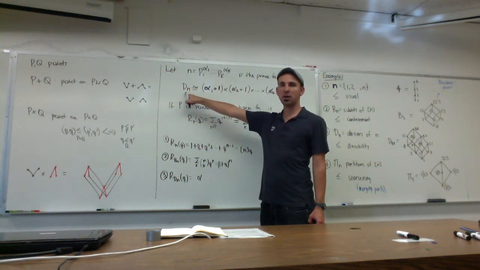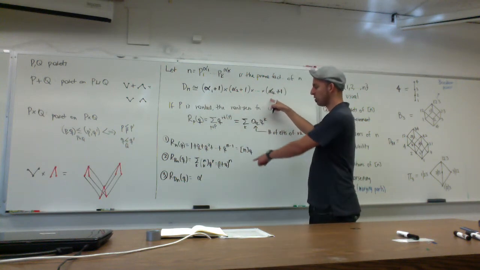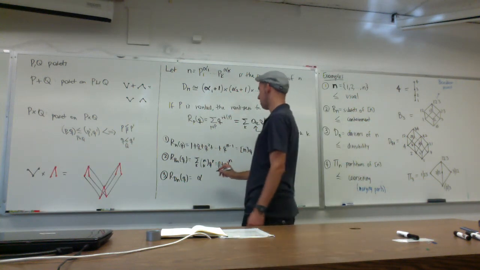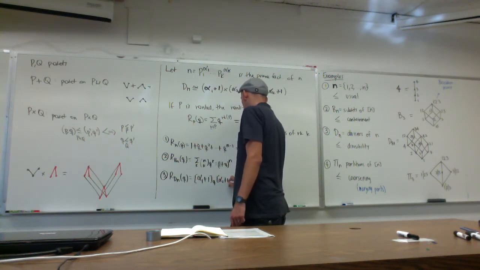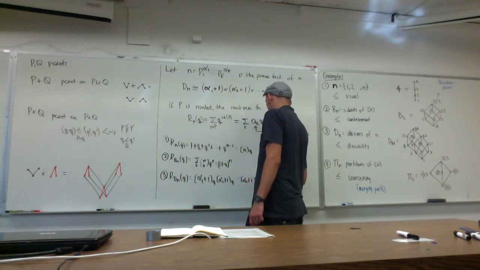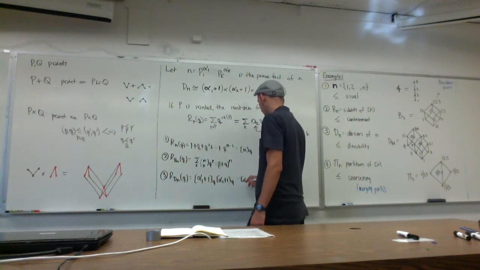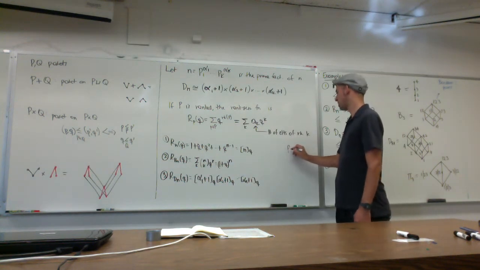And so if I want the rank generating function of these, then I just need to multiply these, which I already know. So I just get alpha 1 plus 1 Q analog, alpha 2 plus 1 Q analog, up to alpha k plus 1 Q analog. Okay. And I use a proposition that I'm using,